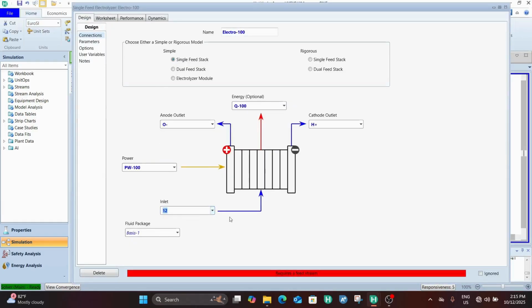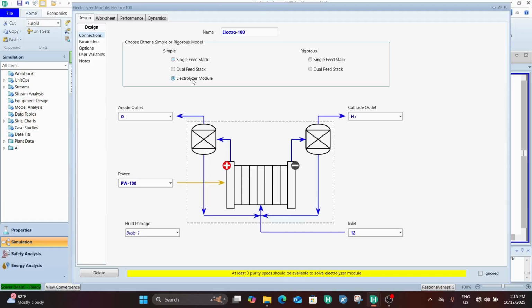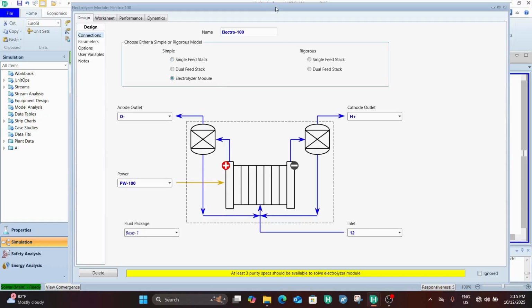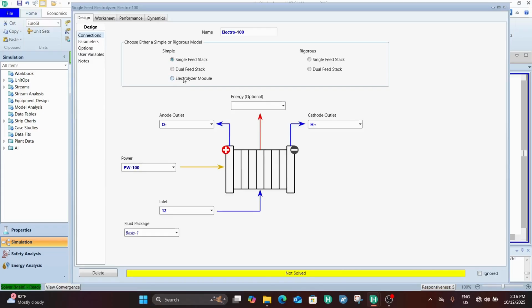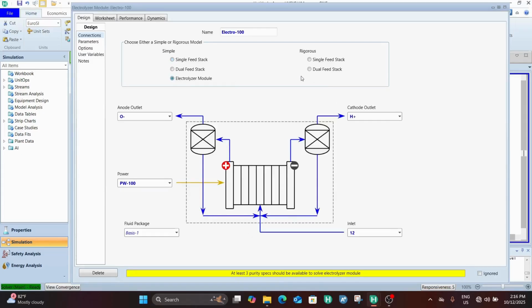So much better. Now, apart from the difference in the simulation, where we do not have an electrolyte in our PEM, the configuration for the electrolyzer is also slightly different. For the PEM, we are better off with the electrolyzer model. As you can see, it's slightly different with respect to the schematics, not like the alkaline. The alkaline is a bit different, more simple. But for the PEM, as you can see, there's a difference. You use the electrolyzer